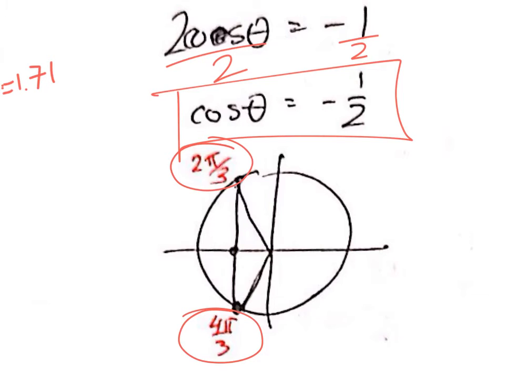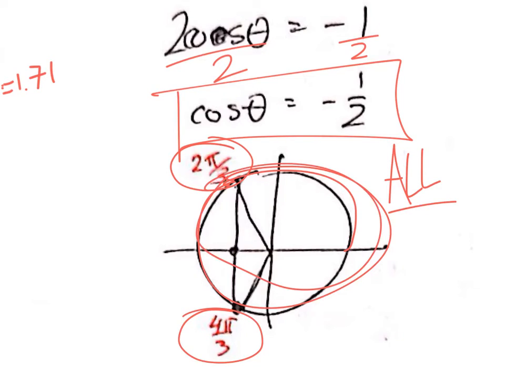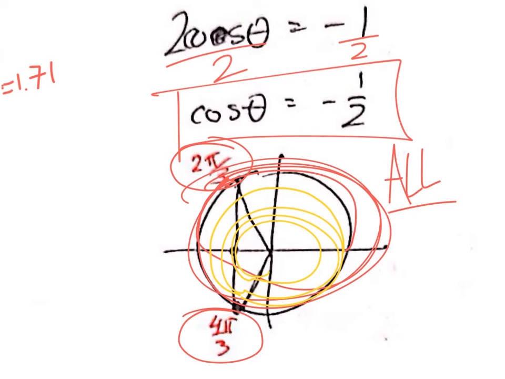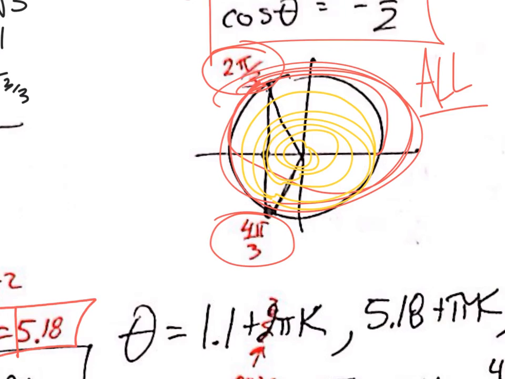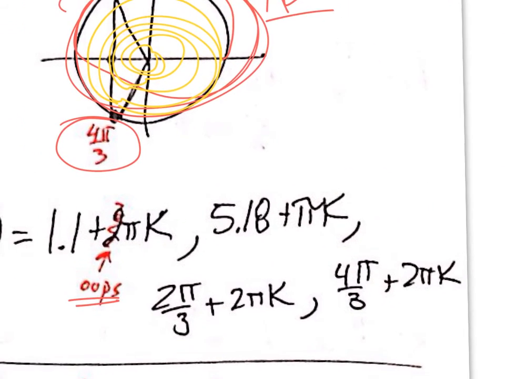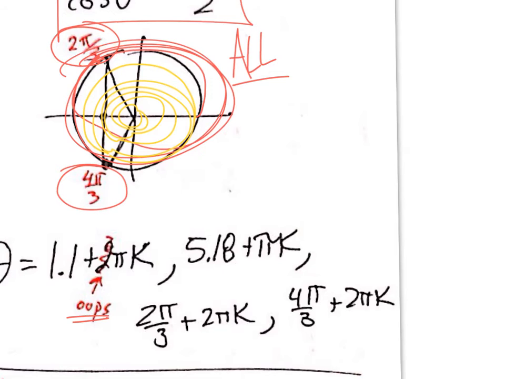And because we're assuming it means all possible solutions, we have this, the 2 pi over 3, plus 2 pi, plus 2 pi, plus 2 pi, etc. And over here we have 4 pi over 3, and plus 2 pi, and so on. So, what was that? Yes, it was this. 2 pi over 3 plus 2 pi k for that guy, and then down here, 4 pi over 3 plus 2 pi k. So, 4 different answers for that equation, and each of these has an infinite number of variations,